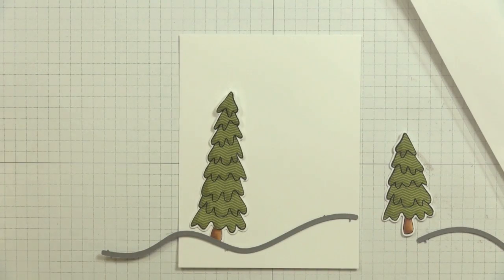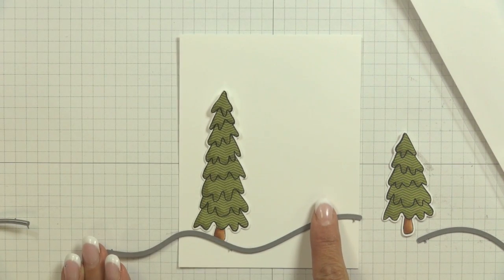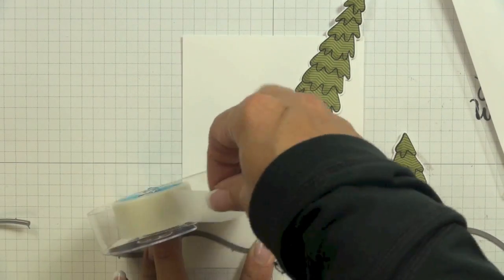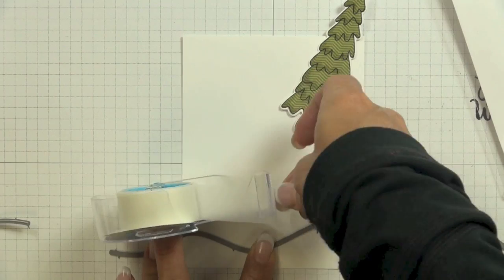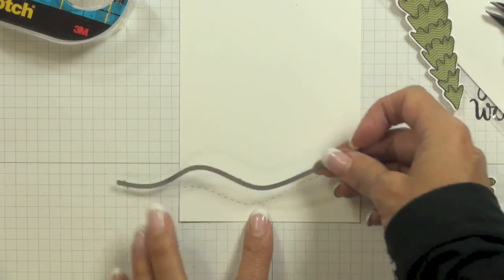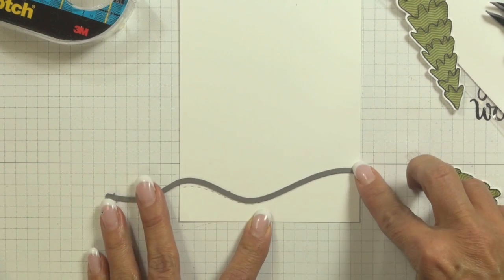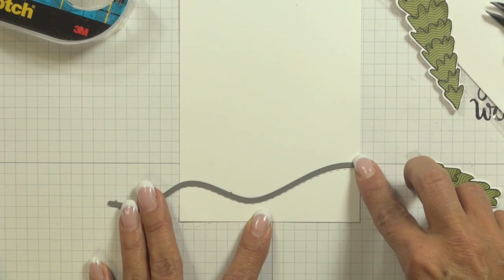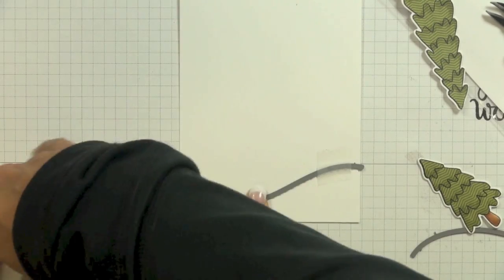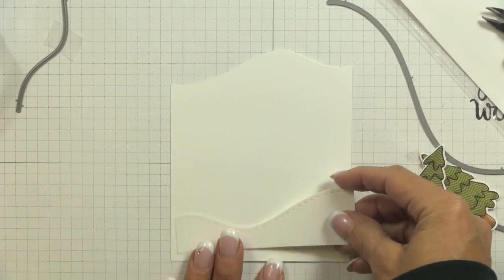So it's now time to create my slopes, and for that I'm using my Simon Says Stamp Stitched Slopes and Hills die. Now for each of the slopes that I'm using, there's two dies. There's the stitched edging, and then there's the actual die that creates the cut. So I started off with a 4x5¼ inch piece of my 120-pound weight cardstock, used my tree to help me determine placement, created my stitch line by running that die through my Big Shot, then came back and positioned the actual cutting die directly over top, and then ran that through my Big Shot a second time to get my